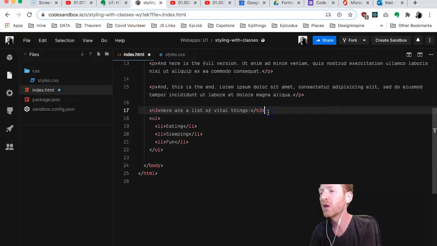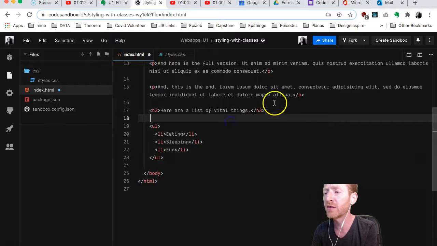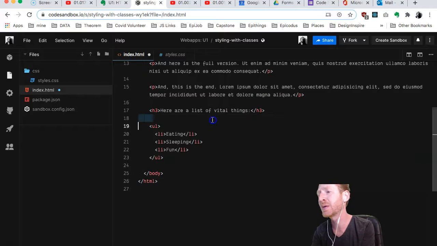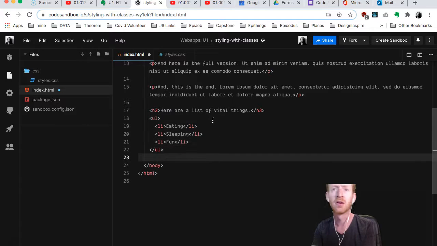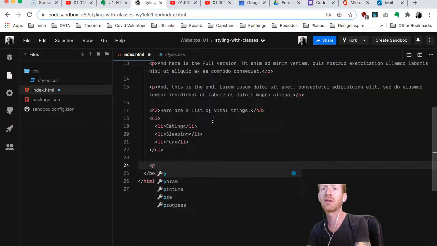And you're right, I do have an extra space here in the list. These spaces don't really do anything, and I actually wouldn't have those there for a lot of stuff. And then we have a finishing paragraph,